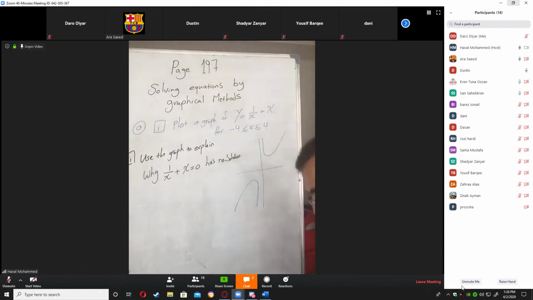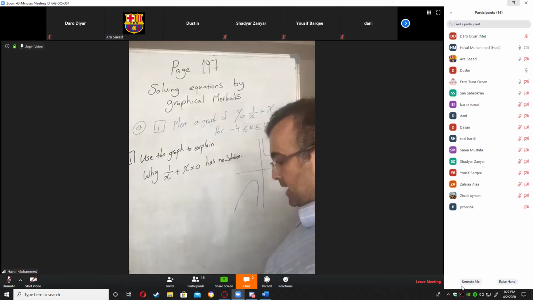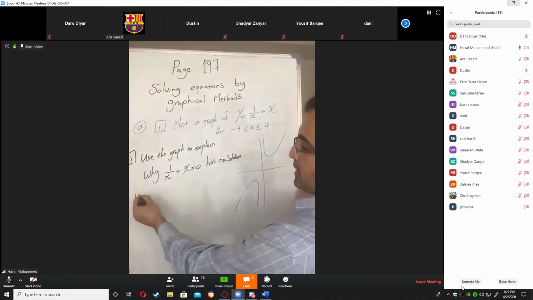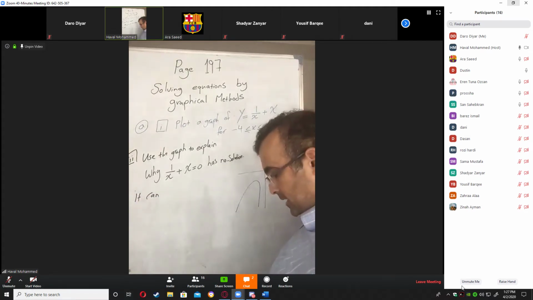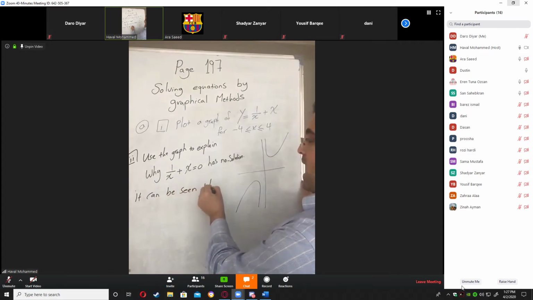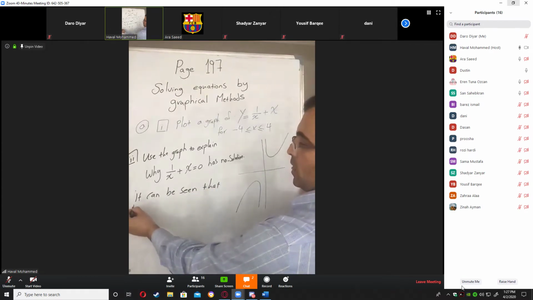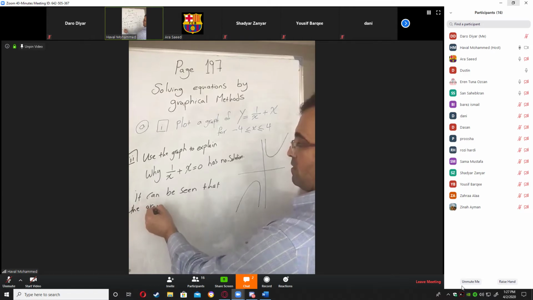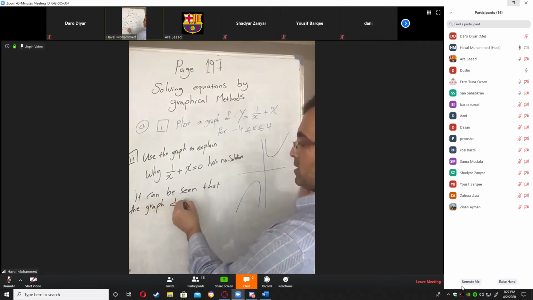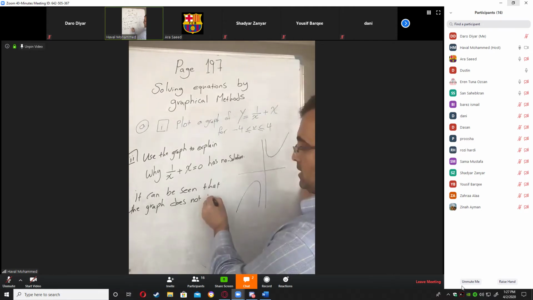No, it's not going through. Then, if the graph is not going through, there is no solution. Why no solution? What it's saying is, look, it can be seen that the graph does not intersect